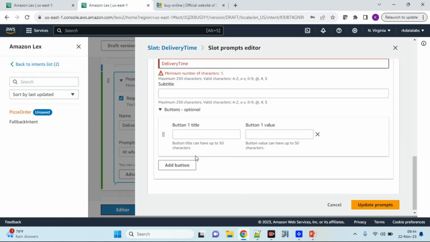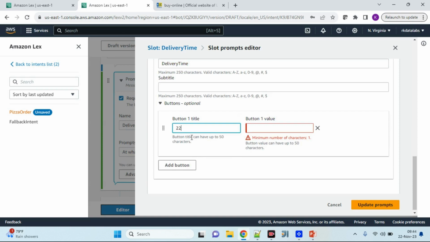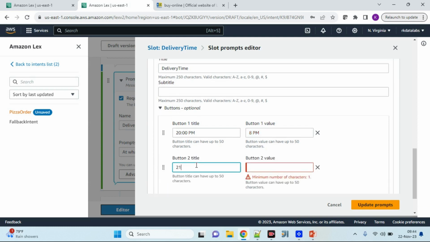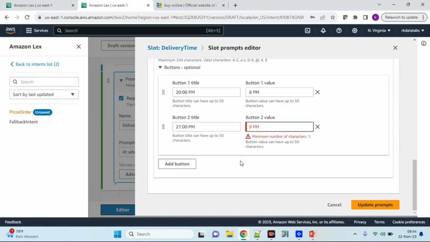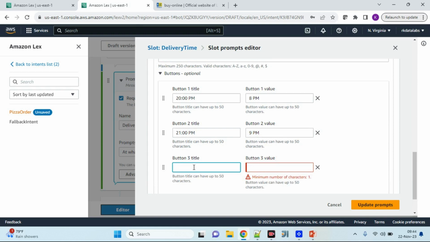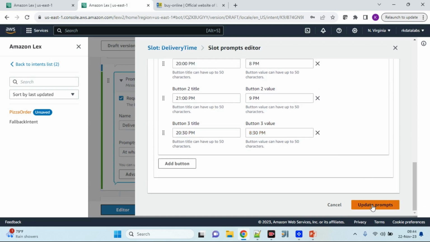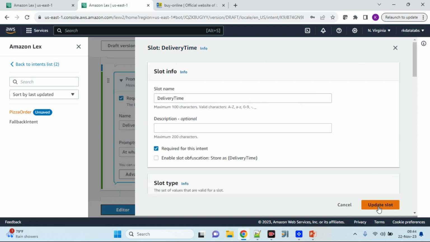So I'm just going to add this delivery time. So I'm going to feed my time here. Let's say 8 p.m., so let the value be 8 p.m. I'll add this button. So as many values as you like you can still add here. So I'll add one and let this be 9 p.m. I'll still add one more to the card. Let's say it's 8:30. All right. So I have added a couple of buttons. I'm just going to update my prompts. I'm going to update my slot